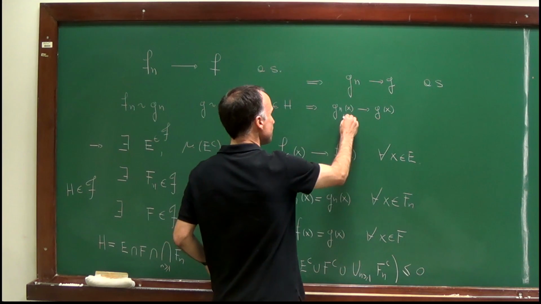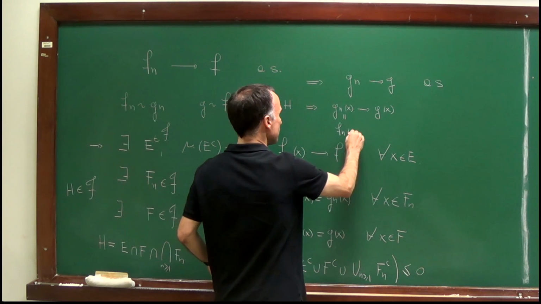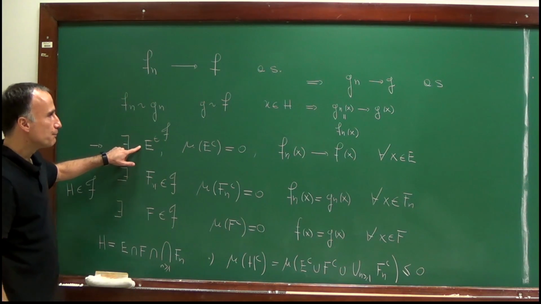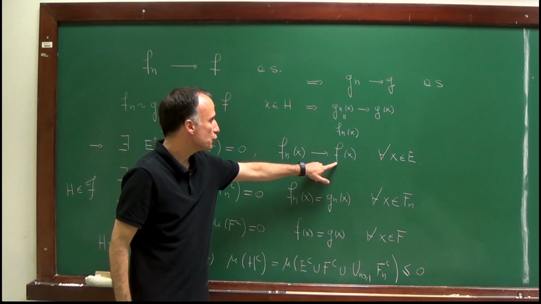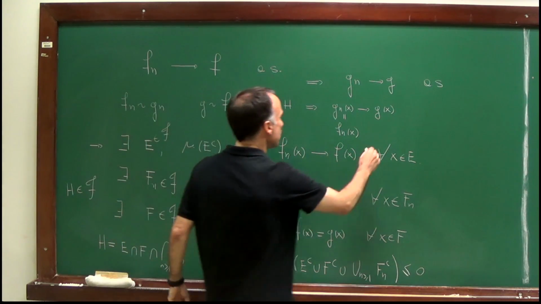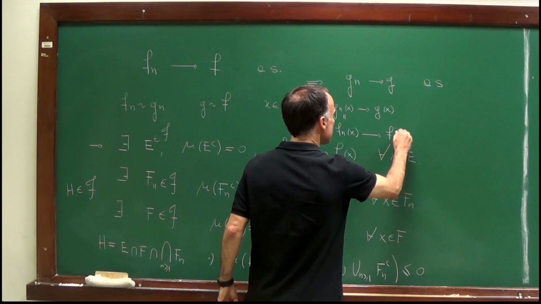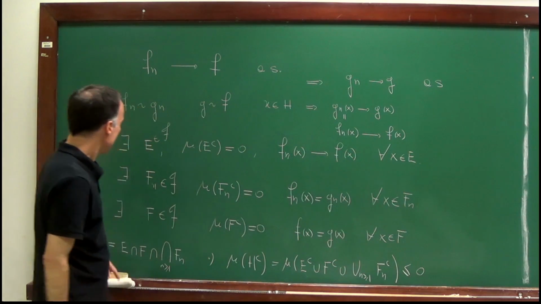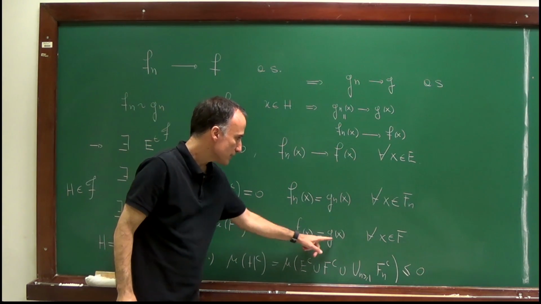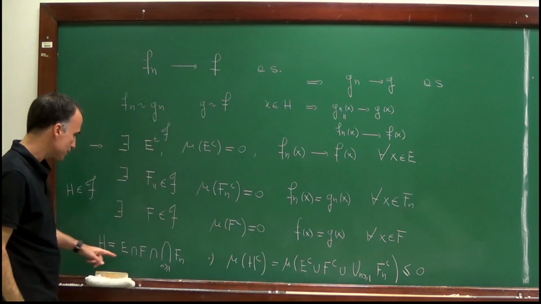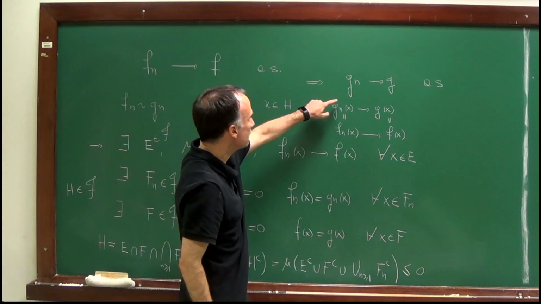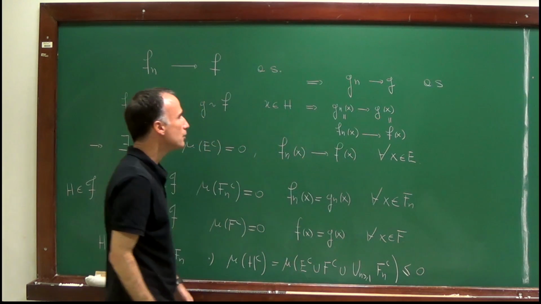So on this set H, gn(x) is equal to fn(x). On the set E, fn(x) is converging to f(x), but H is contained in E. So fn(x) converges to f(x). And on the set F, f(x) is equal to g(x). And since H is contained in F, we have this identity, which means that gn(x) converges indeed to